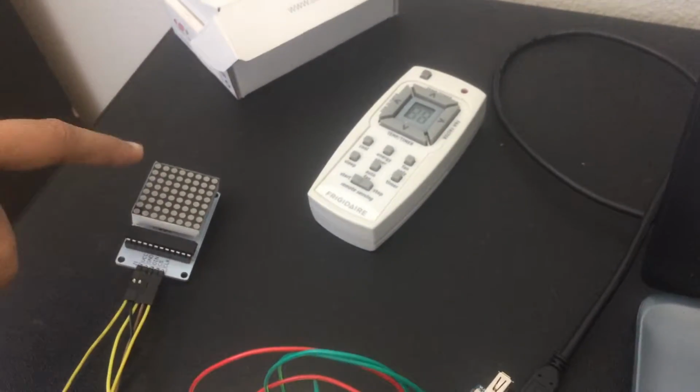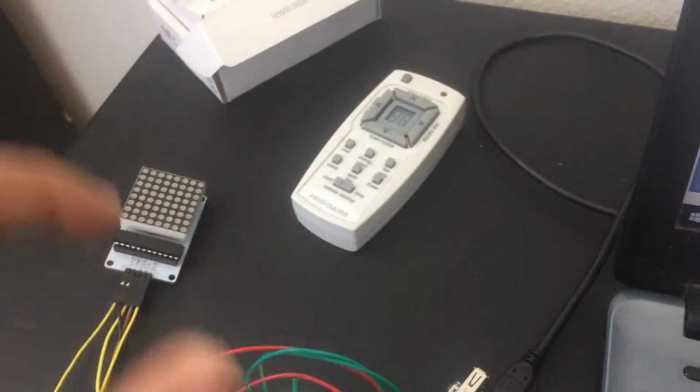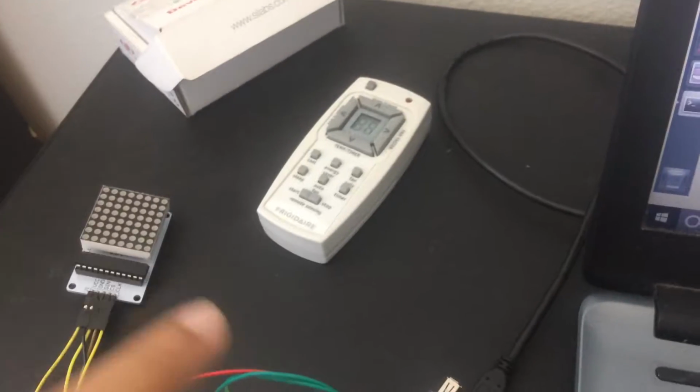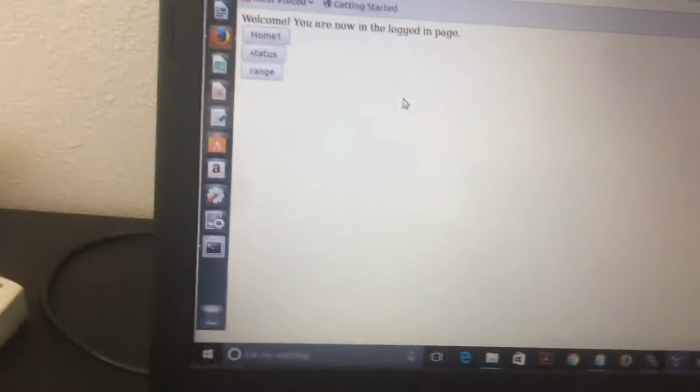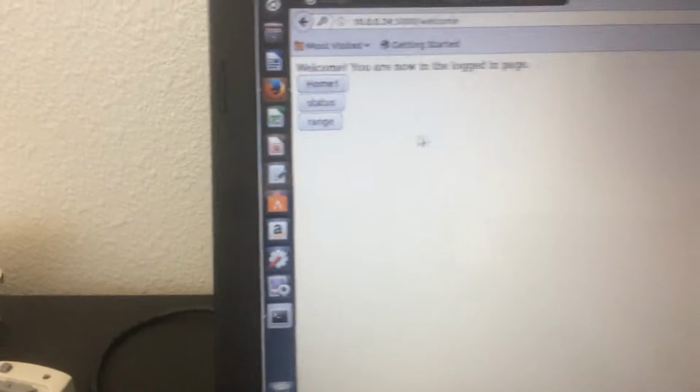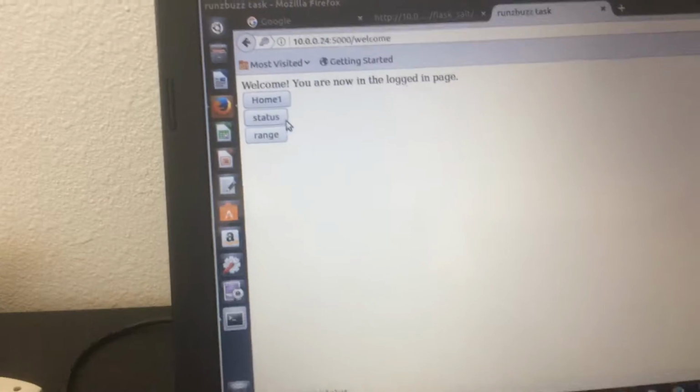The red LED and E symbol will be on at the same time if the temperature is out of range, and the green LED will be on and the LED matrix will be off when the temperature is within range. Let me show this. Currently, you could see here that